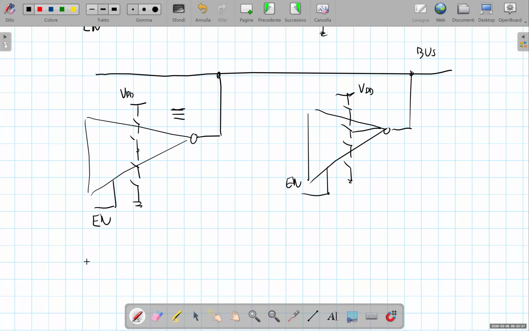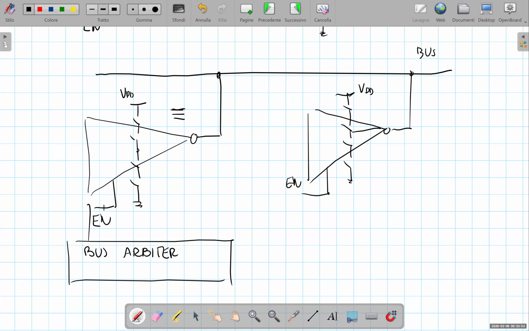In this structure, provided that there is an external digital network that is called bus arbiter, that provides the enable signals to the gates and ensures that just one gate is enabled and all the other possible more than two are not enabled, just one and one, all the others